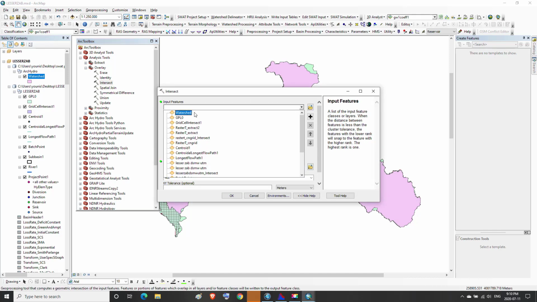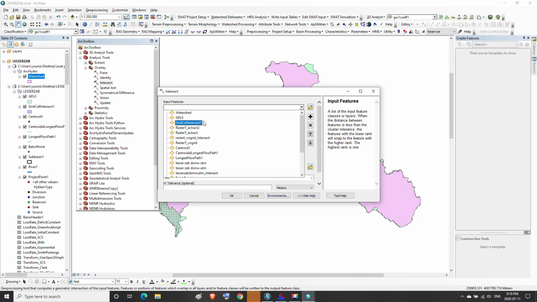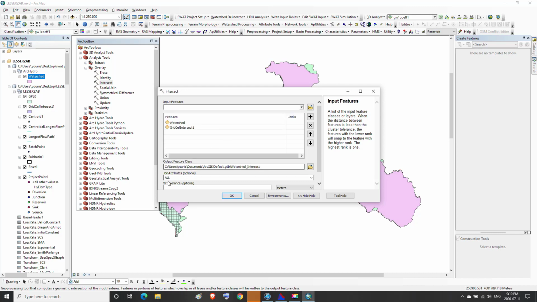In the input feature we choose the watershed layer, then the grid cell intersect one layer. In the join attribute we choose all, and in the output feature class we specify the save location.